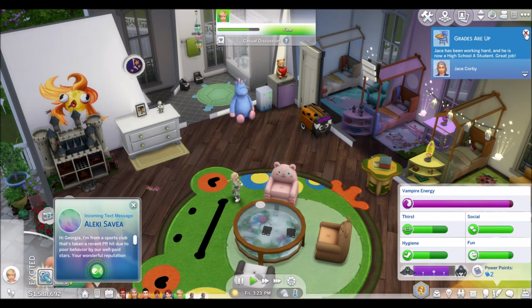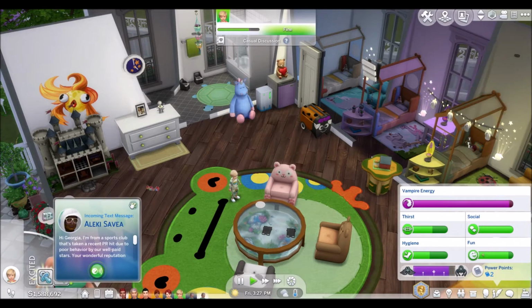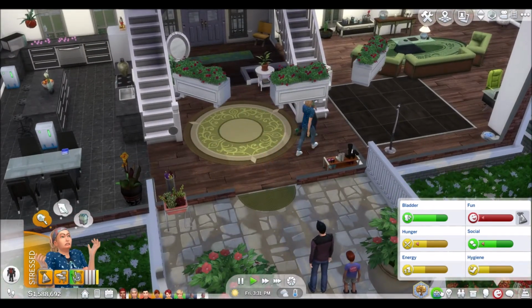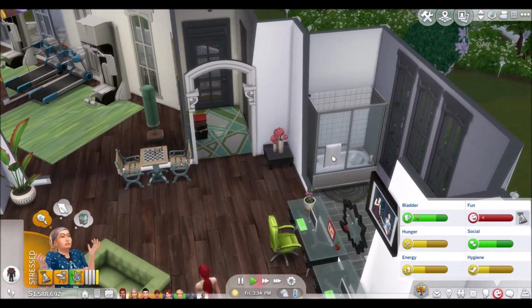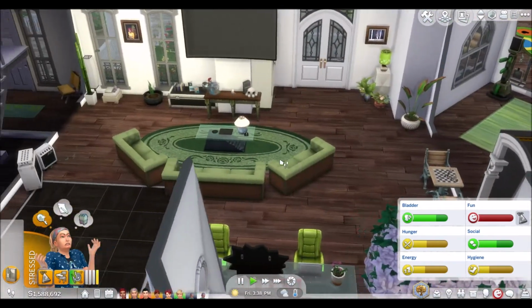Okay, so Luke has come home a B, Jace has come home an A, and Keegan didn't quite make it. So that's exciting. We can move Jace out. He's feeling super stressed, but actually I can't move him out yet. He's not a vampire yet. Ah, that's so annoying. I forgot. It's a house rule of mine that they have to be vampires to move out, but I will age him